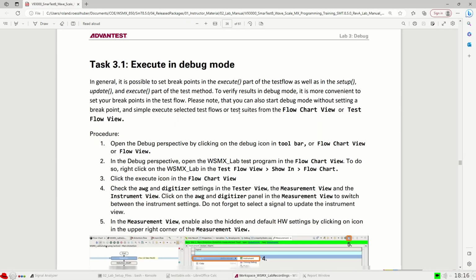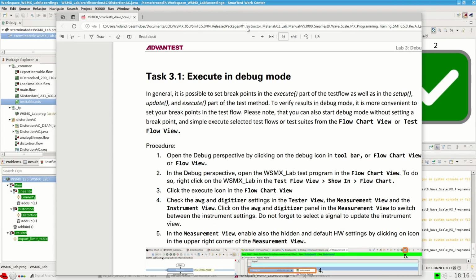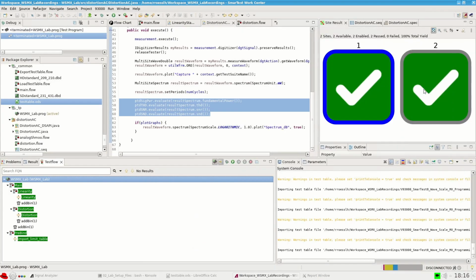Okay, and with that we come to task number 1, execute in debug mode. There are a couple of steps here. For that I will shift the lab manual onto another screen and continue here in my running smart test session. It says here that you should open the debug perspective, and as outlined in the lab manual, we have a couple of different ways to do so. Please note that currently we are in the setup perspective here,